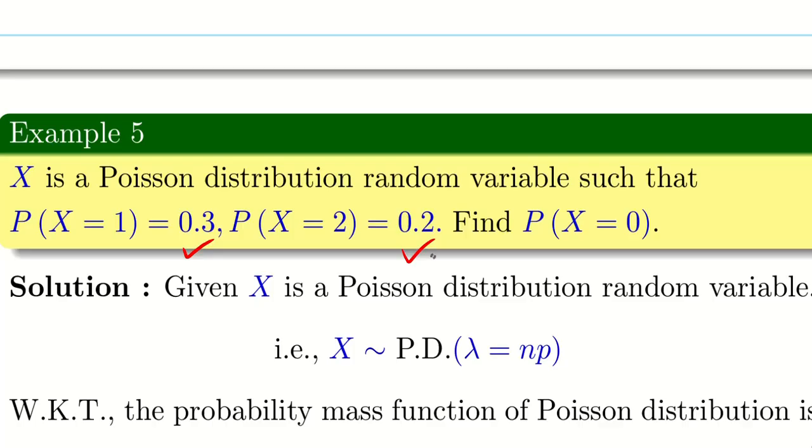It follows Poisson distribution. Now our job is to find np, or if possible I can find lambda directly. If I find it, then using this I'm going to find the probability of x equal to 0, guys. Let me explain. What is given to us is P(X = 1) is 0.3,